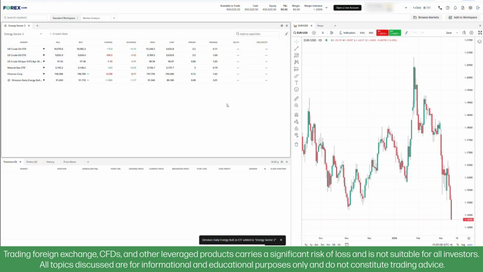All right. Now that we have a watch list created specifically for the markets within the energy sector we're interested in, let's understand what these contracts actually are. Within the watch list, you have a little drop-down arrow next to the market in question. Let's go ahead and click on US crude oil CFD. And you have a few options here. Remove from watch list, open chart, or open market info. I'm interested in understanding what this contract is, so I'm going to go ahead and click on open market info